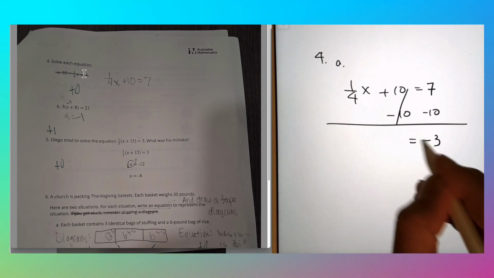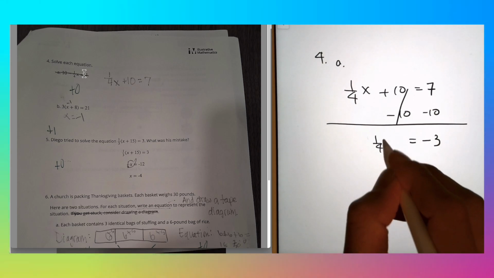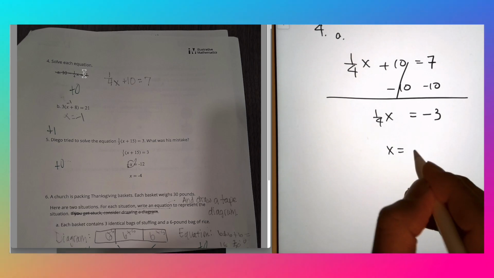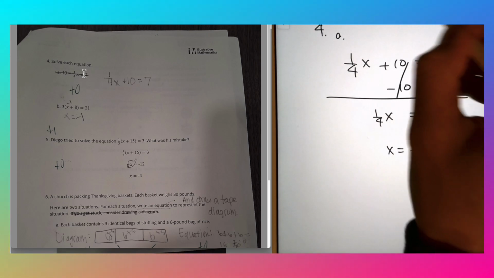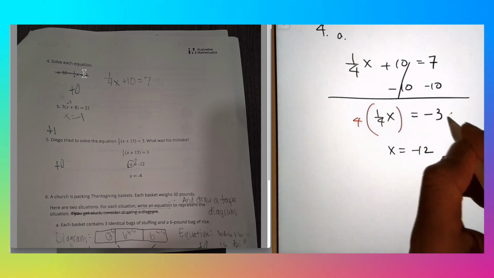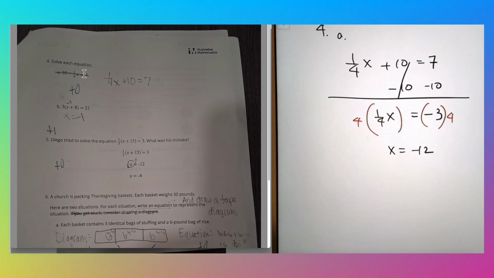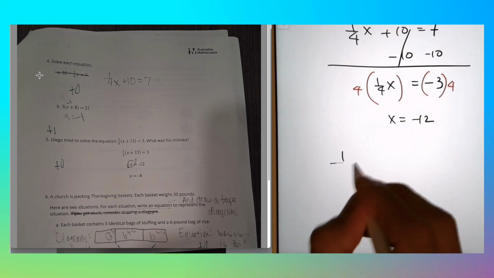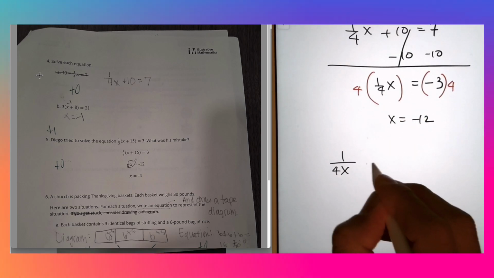You get negative 3 on the right, 1 over 4 x on the left, and multiply by 4 and you get x equals negative 12. Okay, that's if the x is attached to the numerator side. Now, if the question was meant so that x is really on the bottom of the fraction, and I'm pretty sure this is more likely the case. If this is the case,